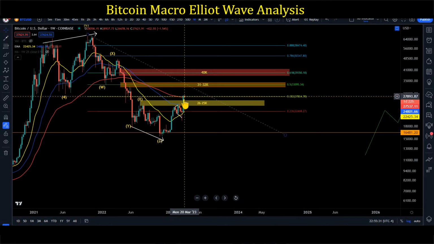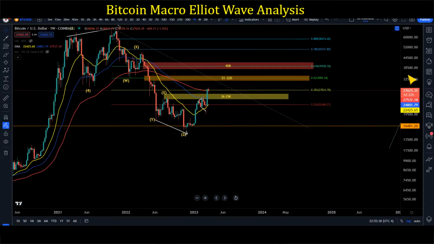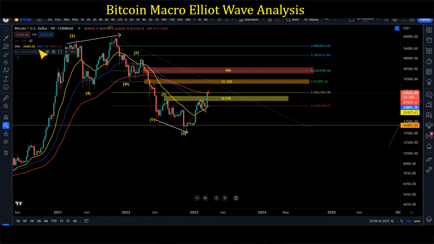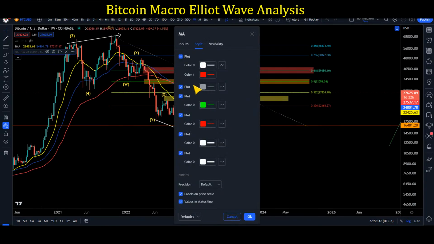So now we could be breaking above the monthly 100 EMA, and if we do, I just don't have another moving average. I could be following the monthly 20. The monthly 20 is right around